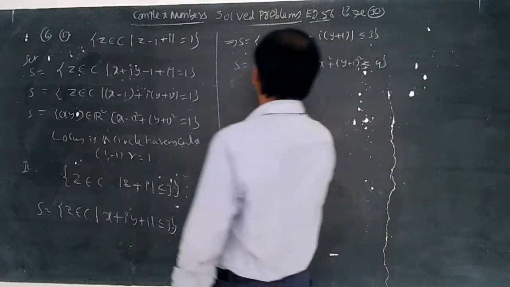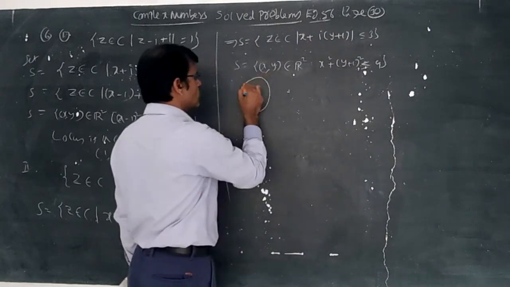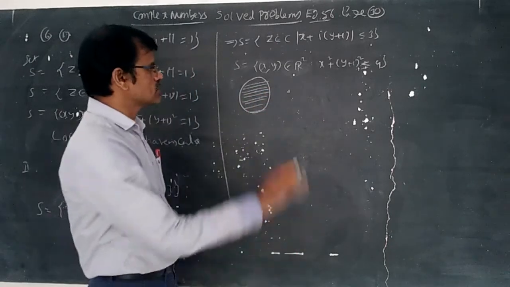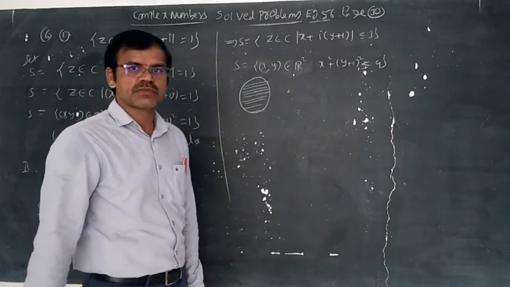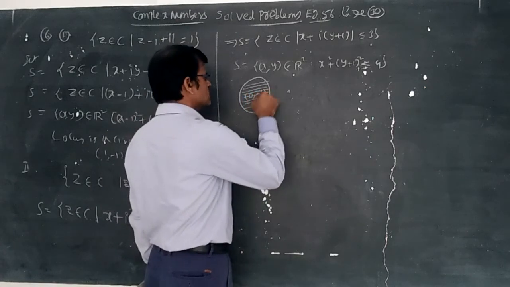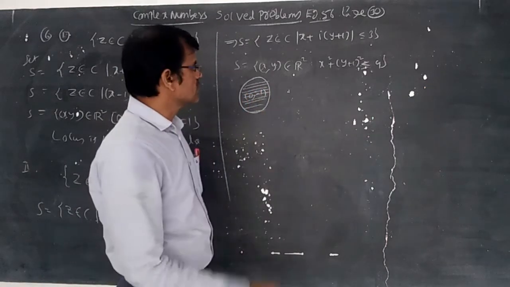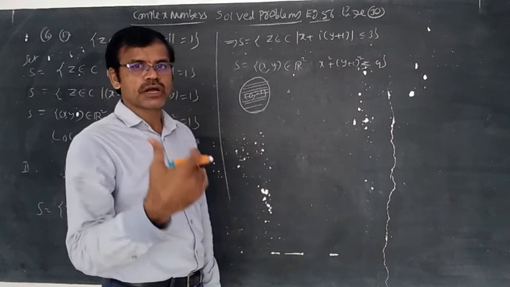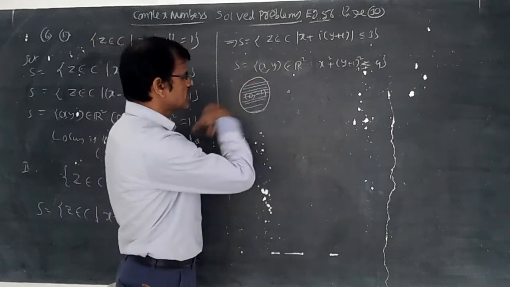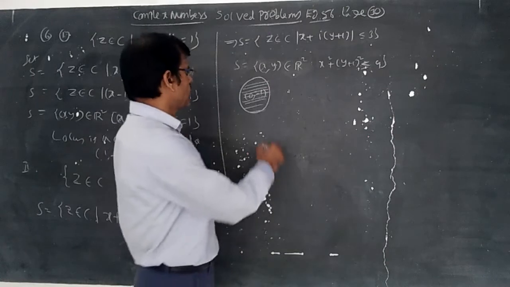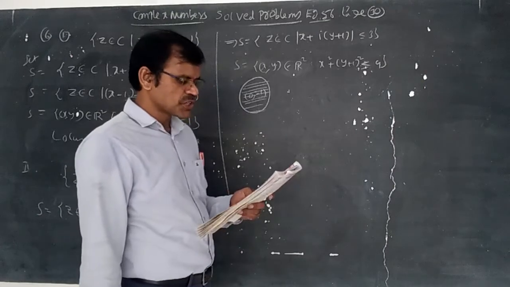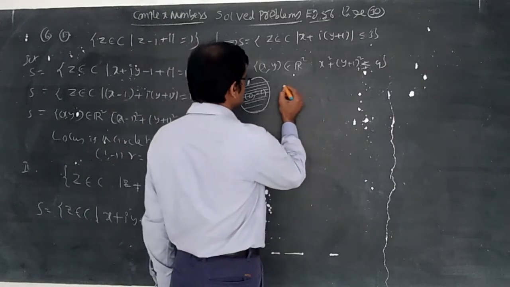In such questions you can understand that this locus is inside and boundary. Less than or equal to means on the boundary and inside; less than means inside. The concept is S11 less than 0 and S11 equal to 0. The center is (0, -1), and the locus lies inside the radius 3, so the point should not exceed 9. Here it is simply a closed circular disc, called a compact disc.